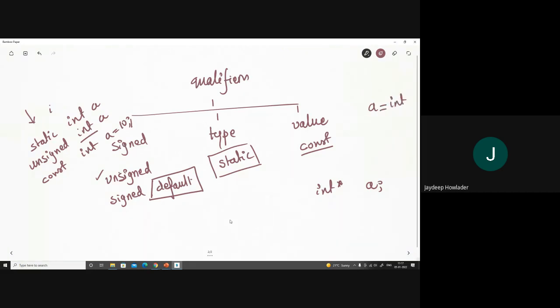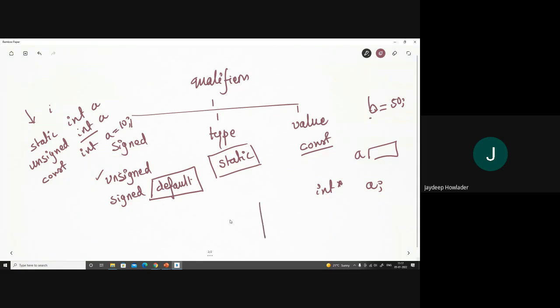Let there be a variable, say b, which has the value of 50. Now a is another variable which captures the address of this b.